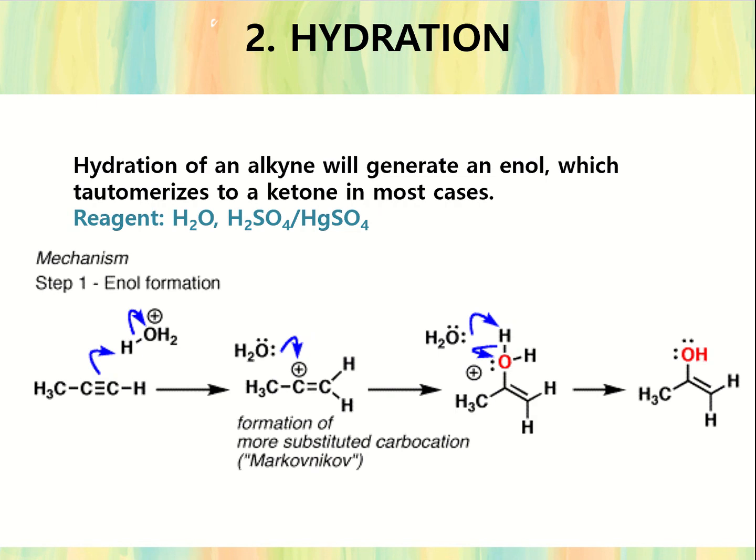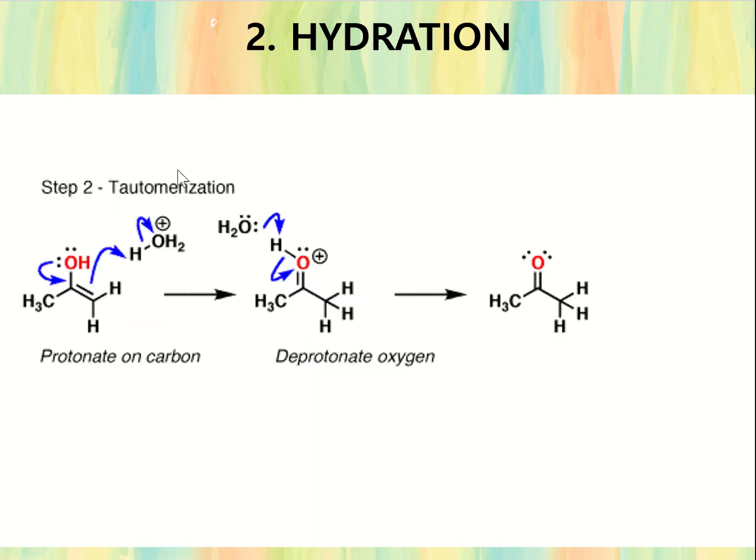This enol tautomerizes in step 2. So what is keto-enol tautomerization? Well, it's just a rearrangement of sorts, right? And so we have our enol,